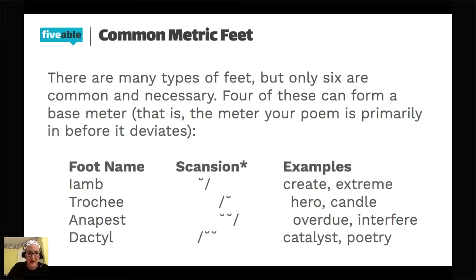And dactyl is just the opposite of anapestic. If you are into Greek poetry, like legit Greek, the actual Latin and Greek texts, not translations into English, then they are actually written in dactylic, which moves faster. Not quite as fast as trochee, but it moves a little bit faster than anapest because it starts with that stress. And so it gets you into this rhythm like, oh yeah, let's go listen to a poem today. If you're a weirdo like me, we'll totally go listen to a poem. So those are your feet.